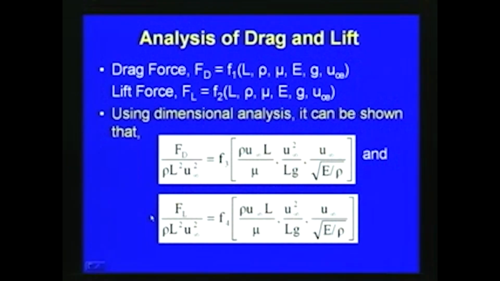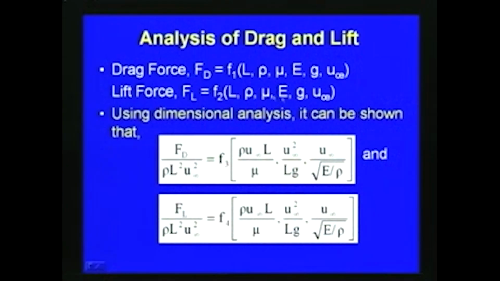As we have already seen the equations for drag force and lift force, whenever we consider any body immersed in fluid, with respect to the drag effect and lift effect,